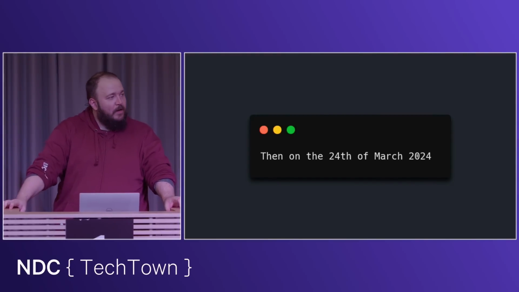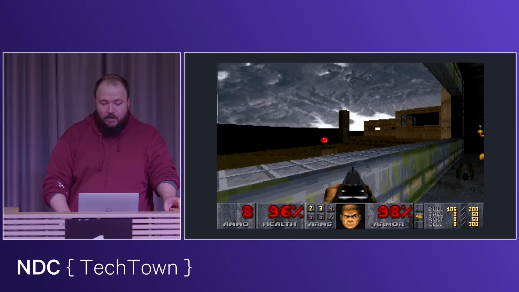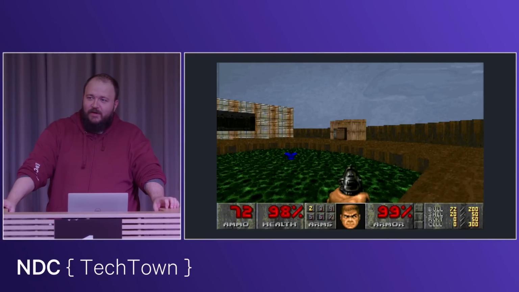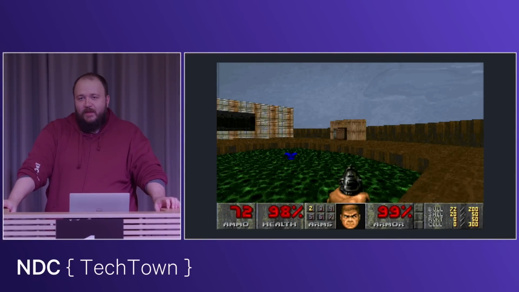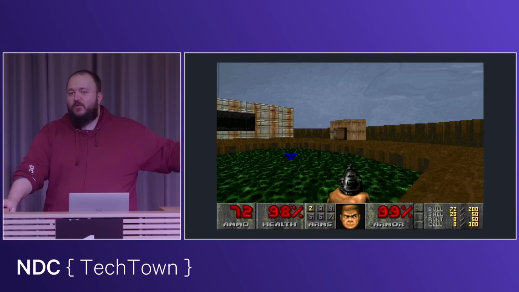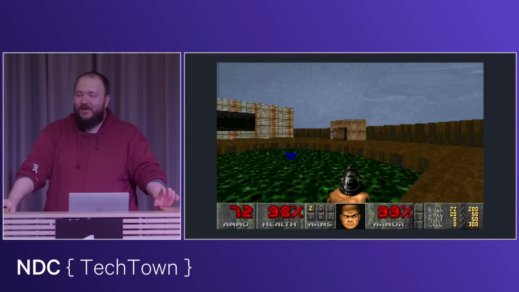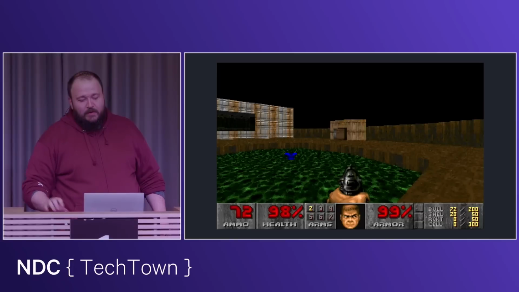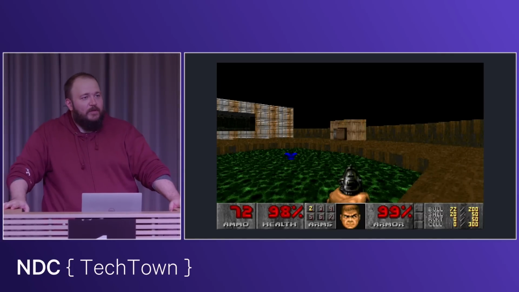Cool. Then, on the 24th of March in 2024, this year, we got that photo. So here's the thing. Whenever it ran, because we couldn't mess with the satellite, it just took a photo, because it's the Doom project. We can't do that much, right? So we would just take a photo of whatever was in front of it. Sometimes we would get this, which is okay, oh great. Sometimes we would get this, which is called the blackness of space.